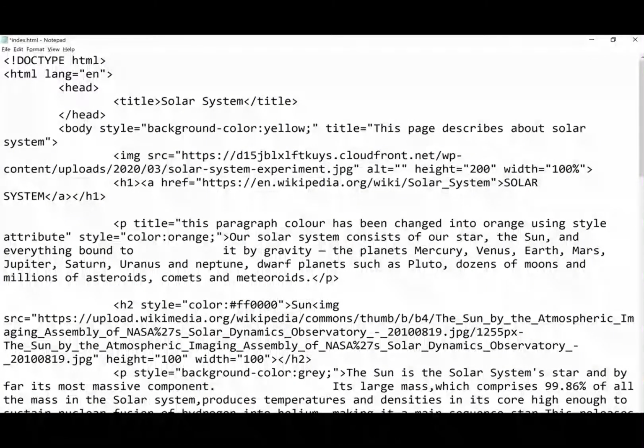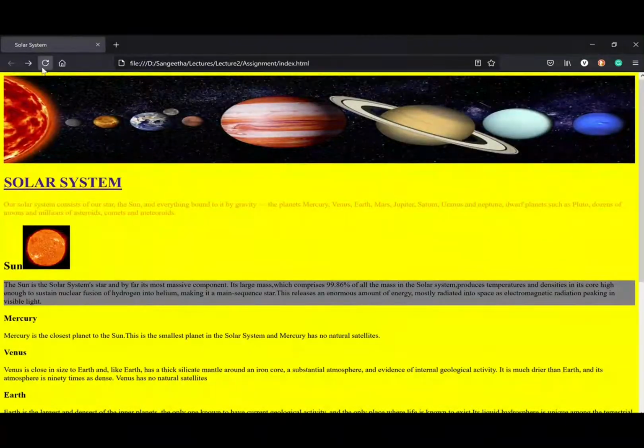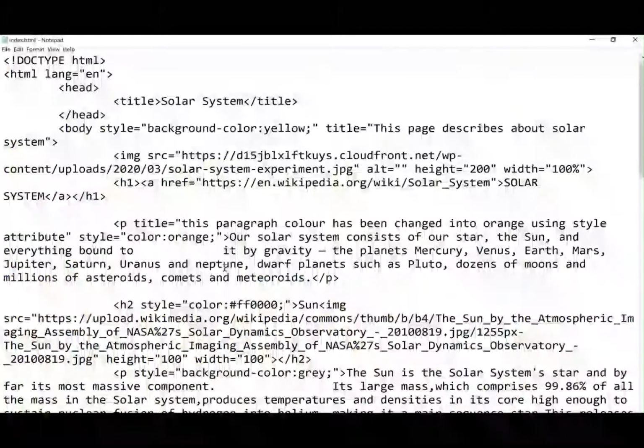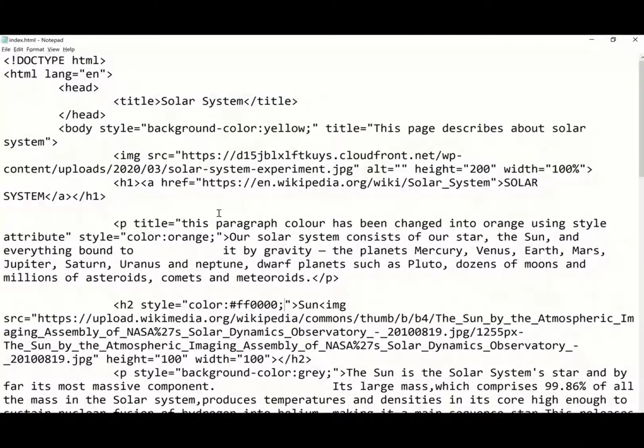I'm going to give this hexadecimal value here. And you can see the difference in the web page for the heading Sun. Yes, the color of the Sun has been changed. You can also change the color using RGB combinations of values. Don't forget to check all other possible values while working.